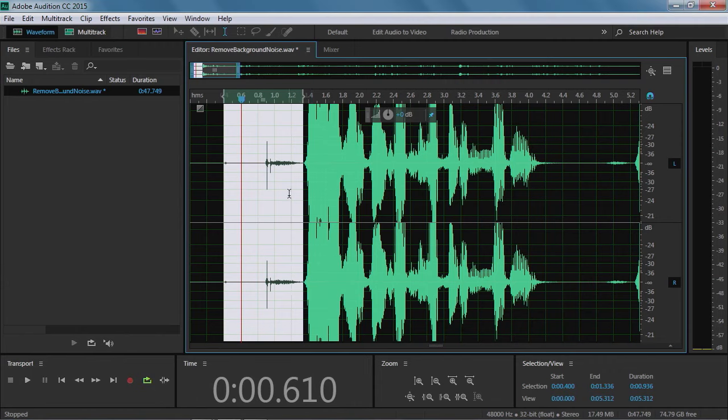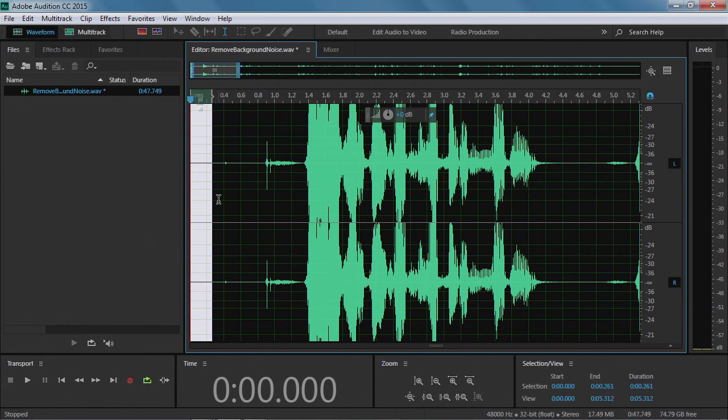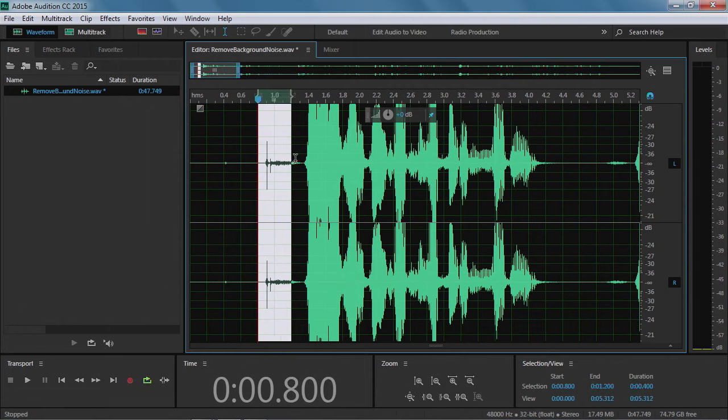There are different ways to handle this. Perhaps the easiest way is just to highlight the area and then use your adjust amplitude, that can kill it. Or if you have a nice quiet area like this, where it is just the bare minimum of the background, you could certainly apply that. You could copy and paste over it. So I think for our purposes here, just for speed, I'm just going to highlight this, and I'm going to use my little